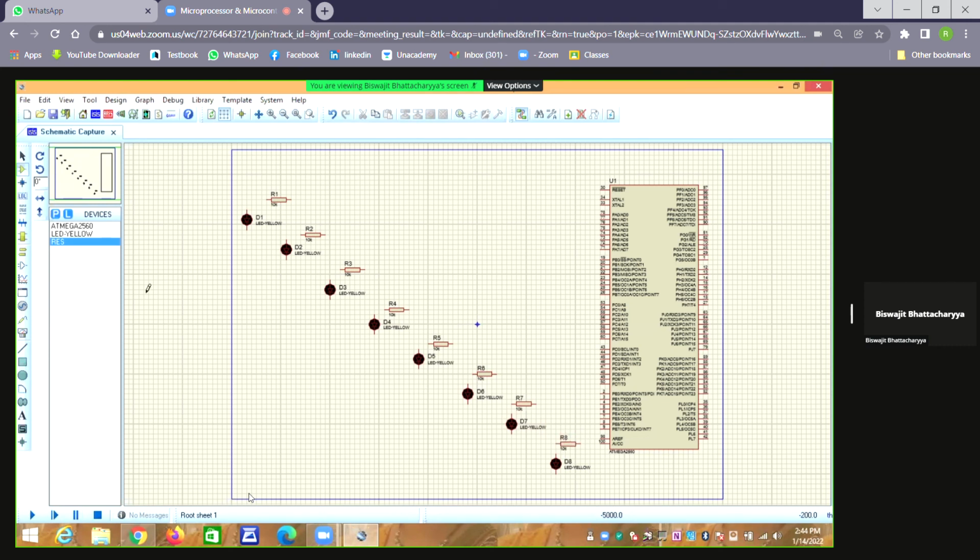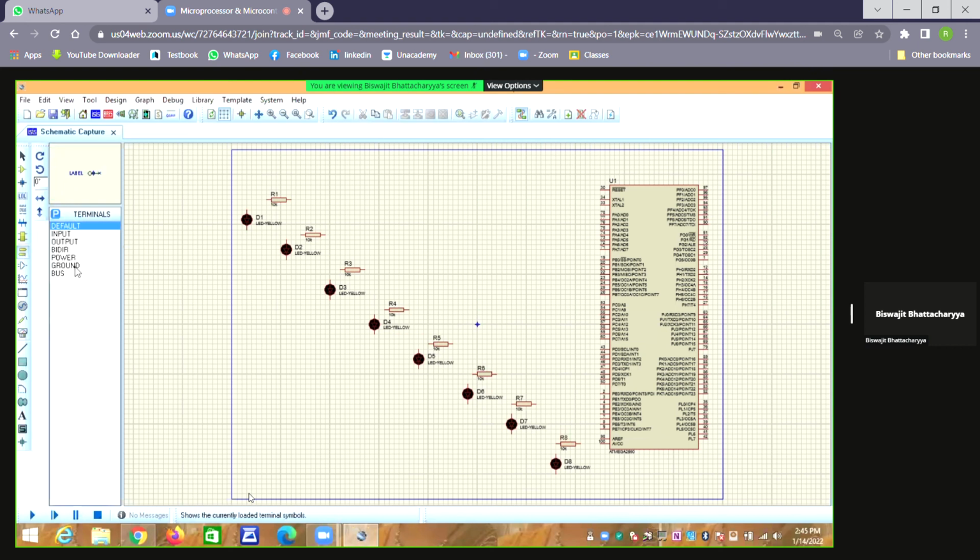Right? Now I want to take the ground terminal. Where will the ground terminal be? Here, the terminal mode. By default, the arrow selection mode is selected. So this one is the terminal mode. Click it. Once you click, you'll get different types of things.